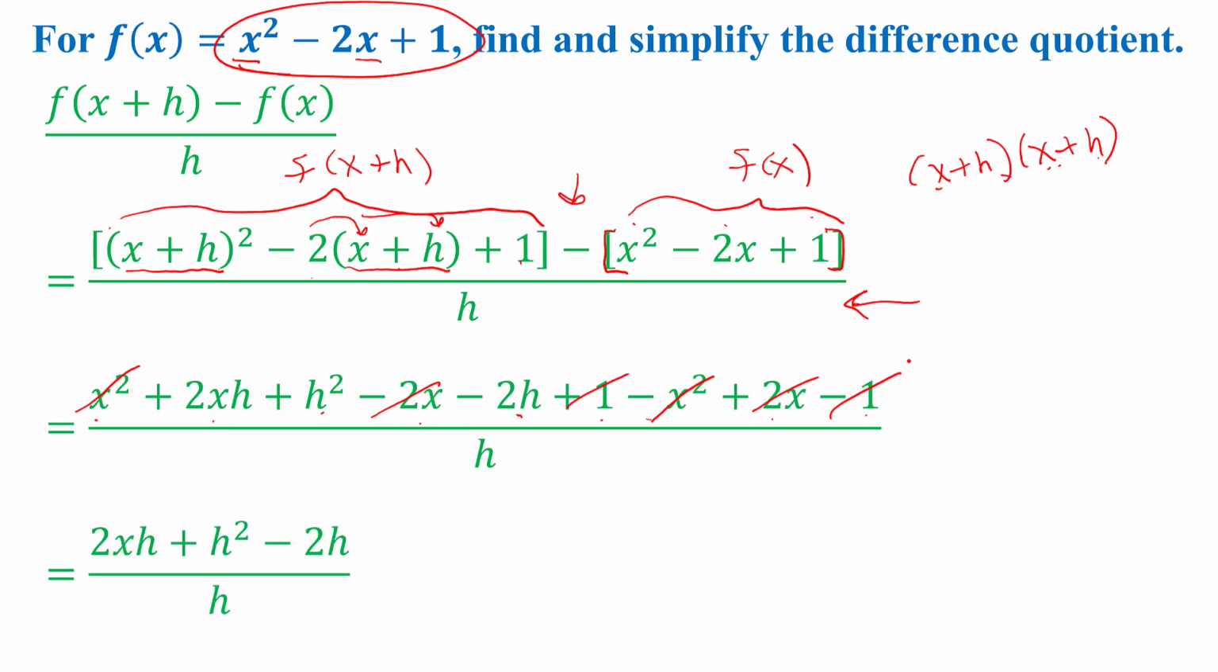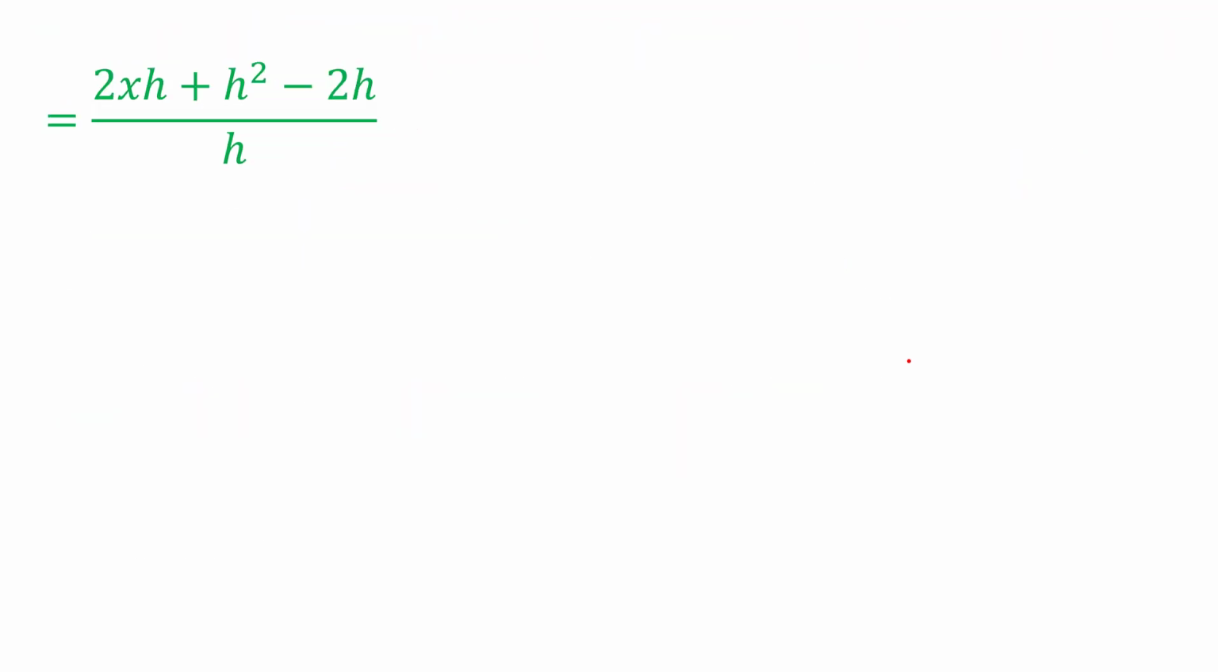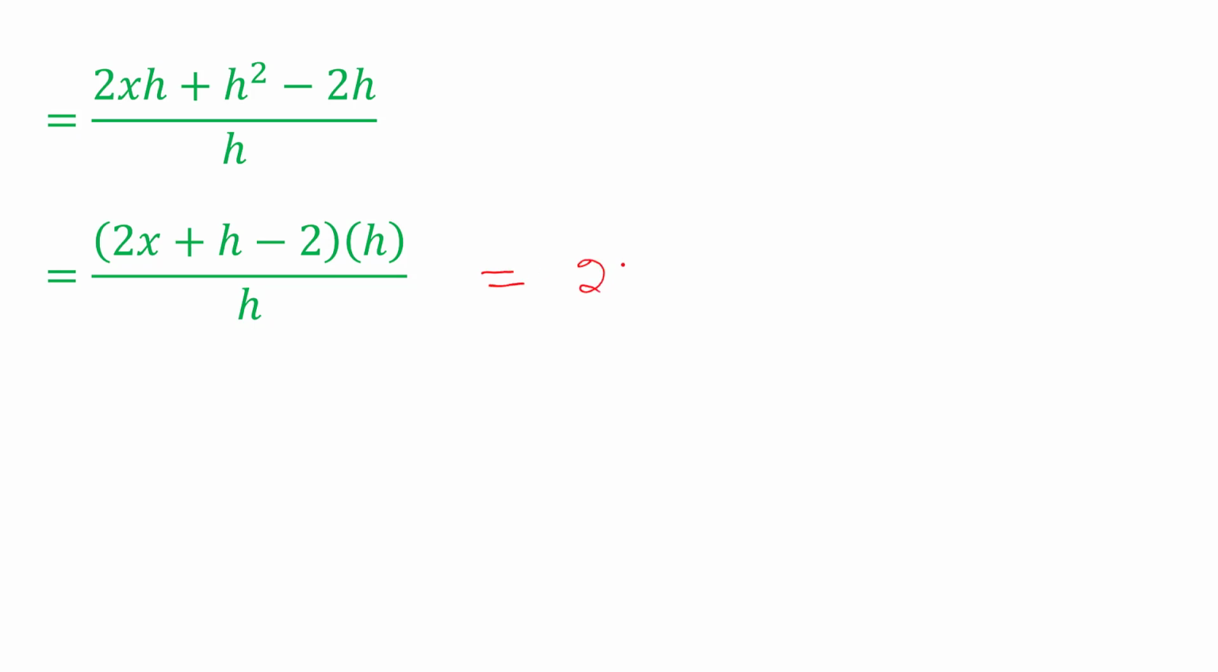In our next step, we have 2xh plus h squared minus 2h all over h. And I'll go on to a new slide here to simplify. It helps to factor the h out of the numerator, in which step we would get 2x plus h minus 2 times h over h. Then we can easily see that we have 2x,